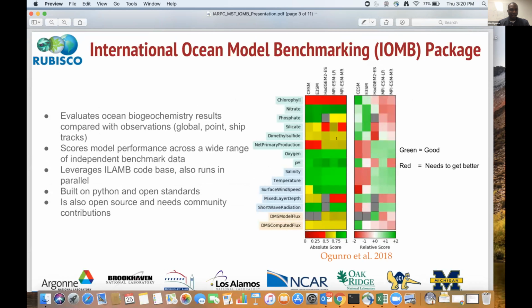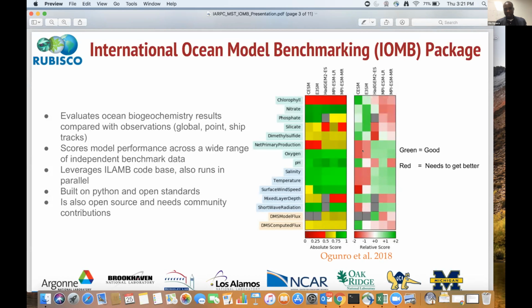As I said earlier, this is mainly tailored toward marine biogeochemistry, and most of the data sets we use could be global, point data sets, or regional. What we try to do is score different models based on how they perform with respect to different observation data sets. This is built in Python and is open source. Look at the two panels on the right-hand side.